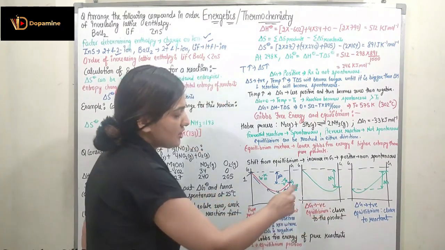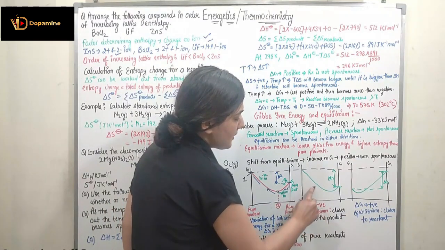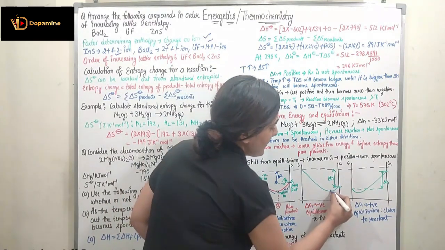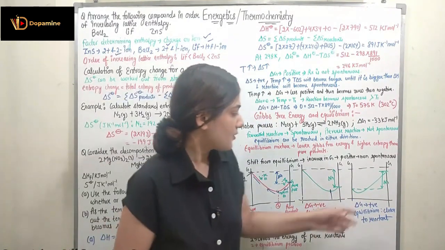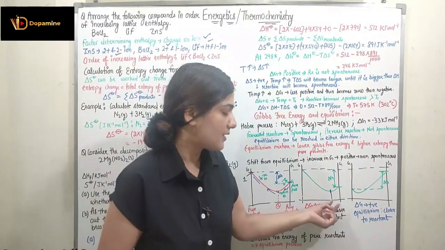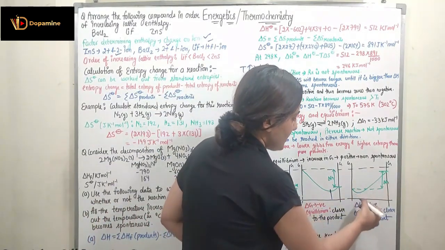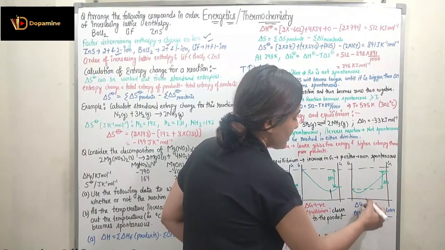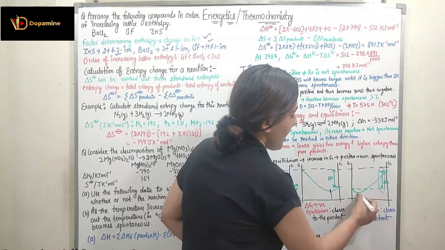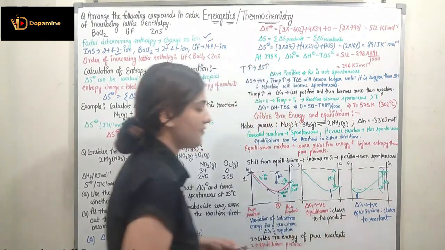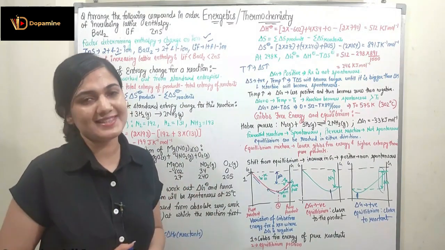Here this represents the Gibbs free energy of pure product, and this represents the equilibrium position. Now in this condition you can see G is negative. Again we are seeing equilibrium. Equilibrium will be at this point, closer to the product. So here we will have more product at the equilibrium position. Now you can see here delta G is positive, which is this, and this is the equilibrium condition where we will have more reactants. So I hope you understood all of the things. Thank you so much.